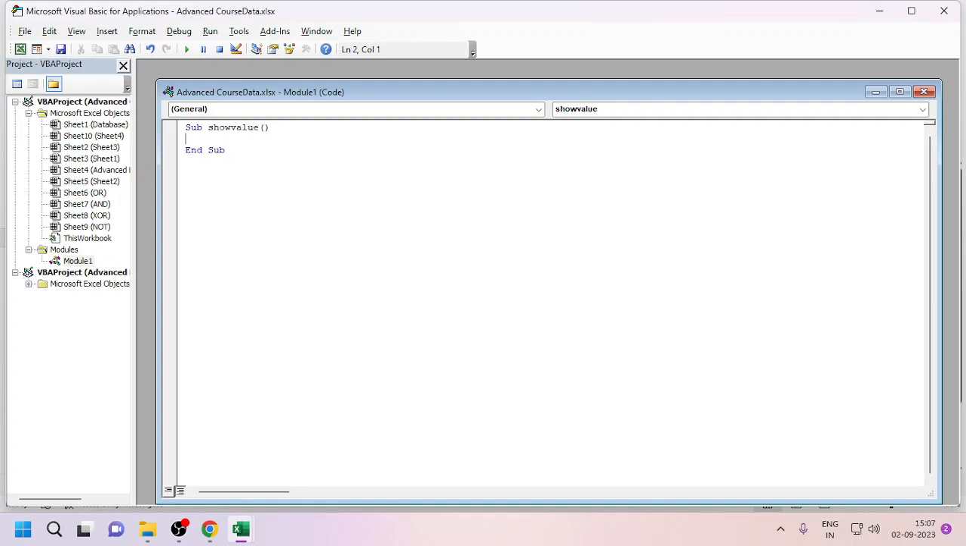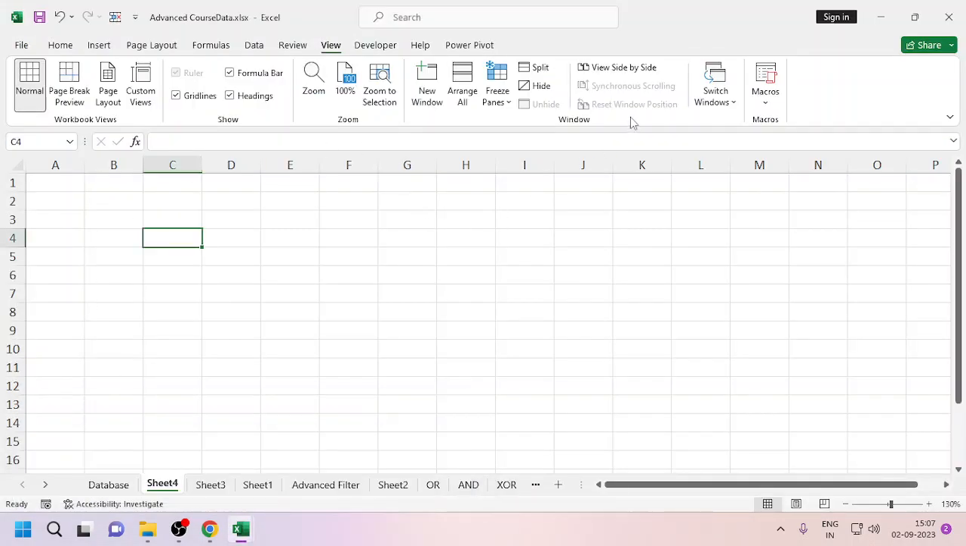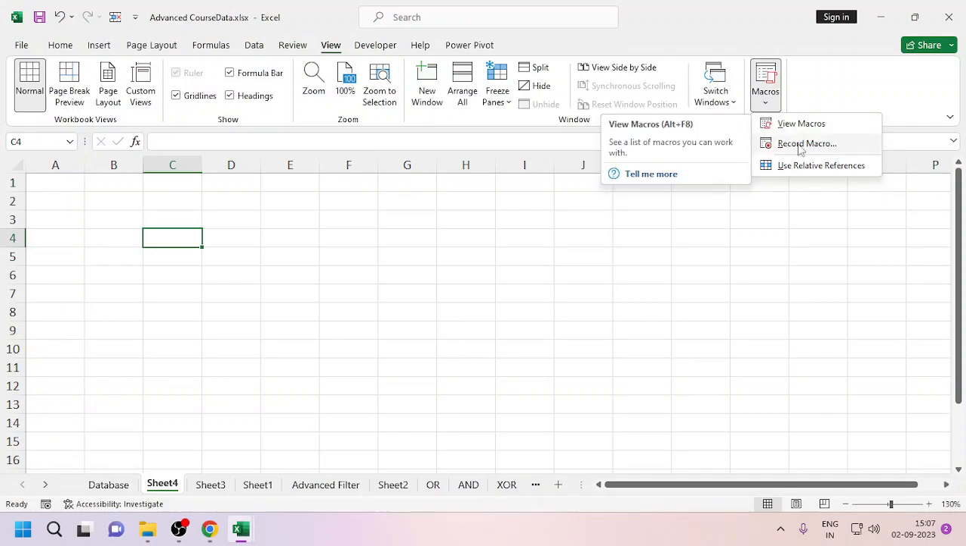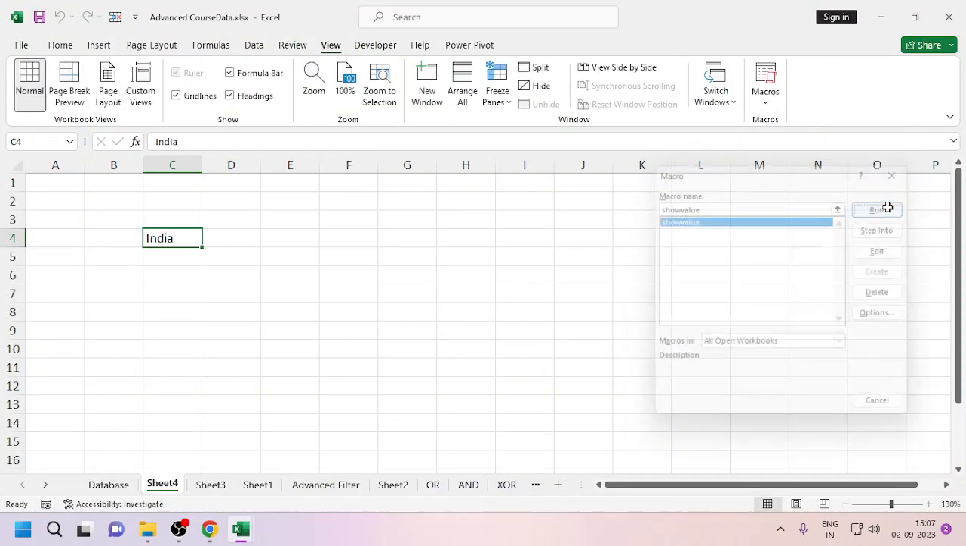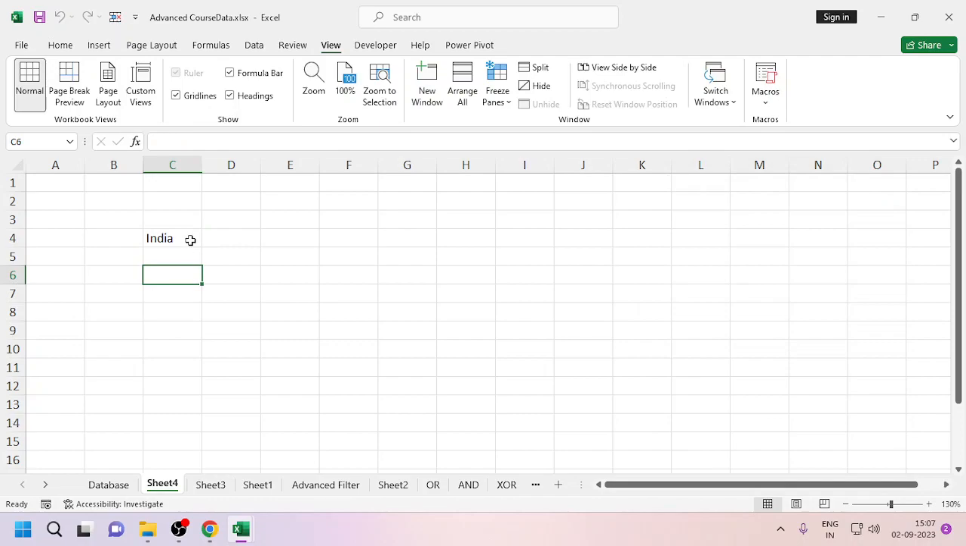Now I am writing ActiveCell.Value equal to. If we want to write a code or a text, we have to write it within double inverted comma. If we run the macro, so you can see